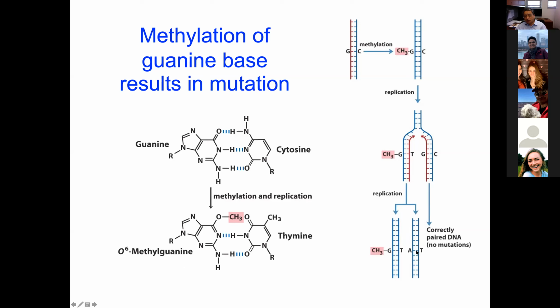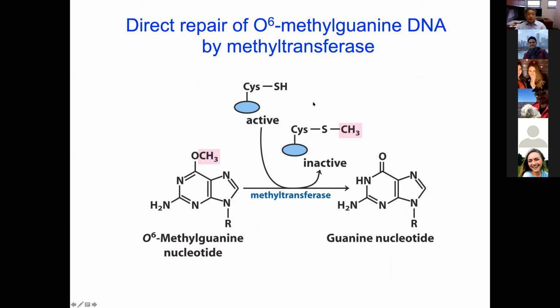And so with this one base change, it may change the identity of the amino acid which is coded by that segment of the gene. So methylation of the guanine bases also results in mutation. And so we have in our cells